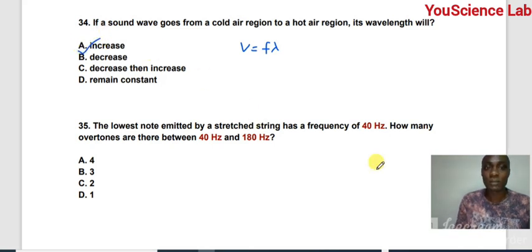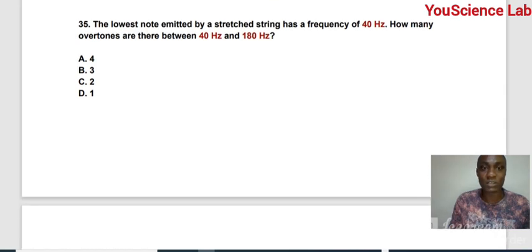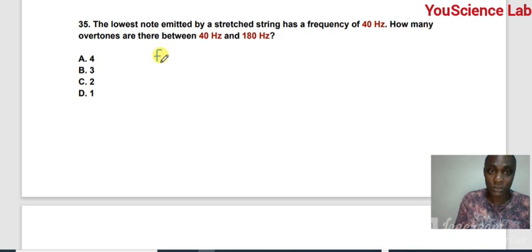Increase. Now number 35: the lowest note emitted by a stretched string has a frequency of 40 Hz. How many overtones are there between 40 Hz and 180 Hz? Okay, for a stretched string, the harmonics are a combination of odd and even. We have even and odd combinations of harmonics. So the harmonics are F naught,